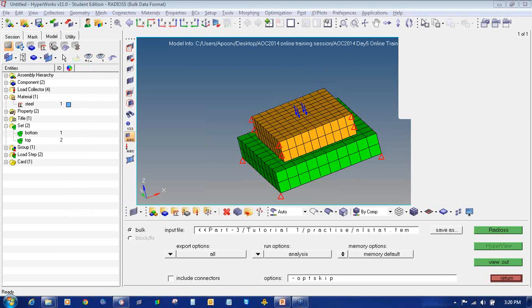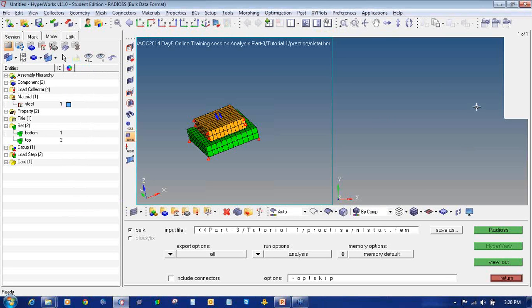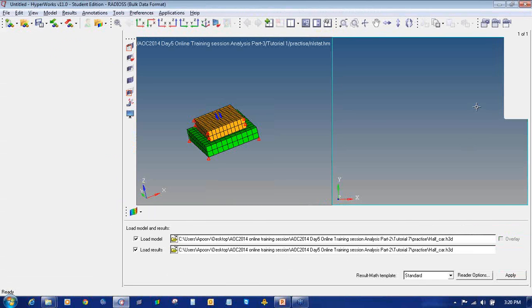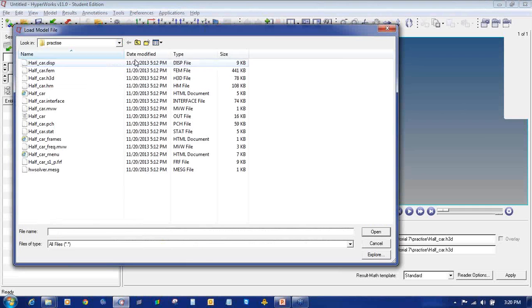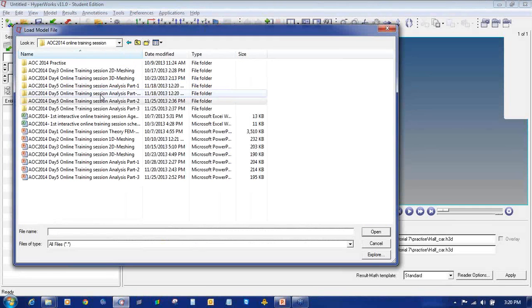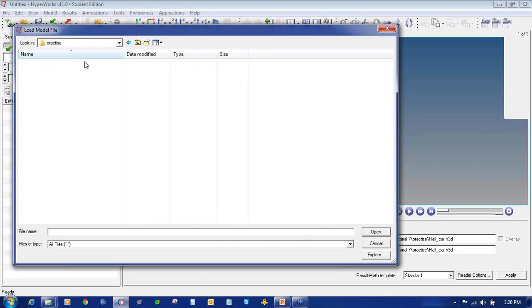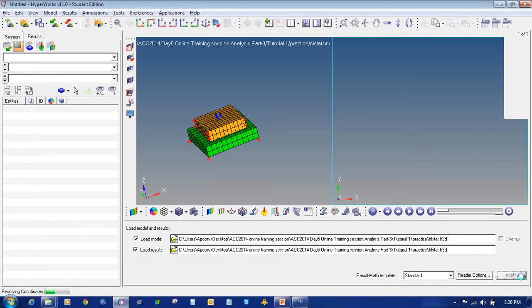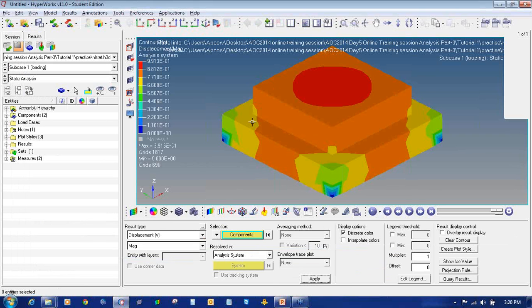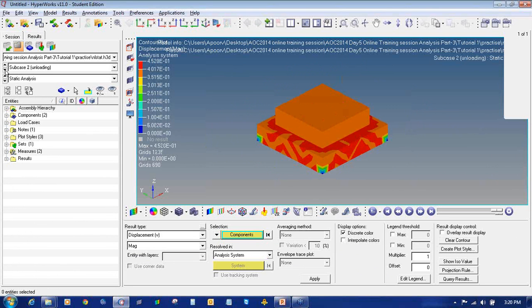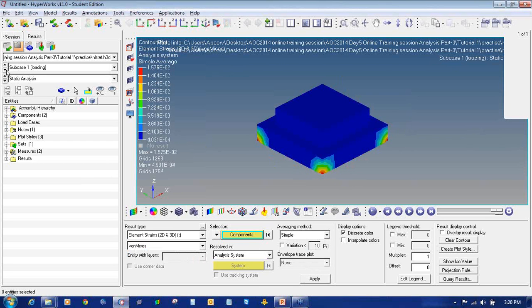So now I will split the window into two to view the results in Hyperview of two different load cases for a particular, say, displacement, stress, strain, and other related things. So I'll go to open load model, select the file, open the std file and say apply. I will maximize this, and first we will select the displacement for loading and unloading. Similarly, elemental strain 2D for loading and unloading,